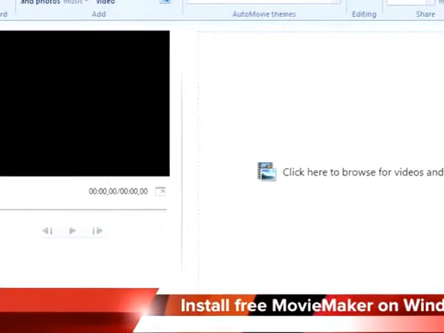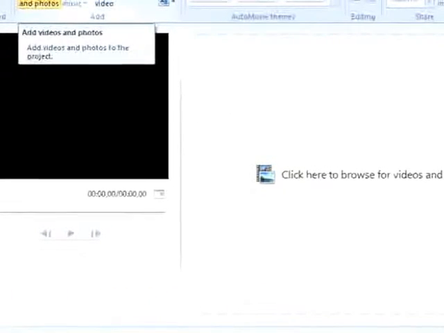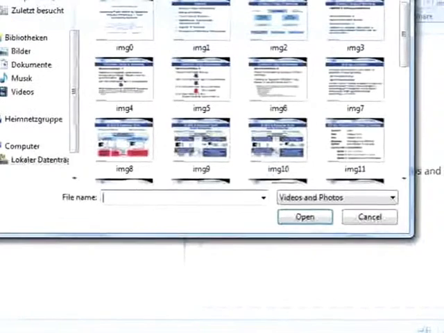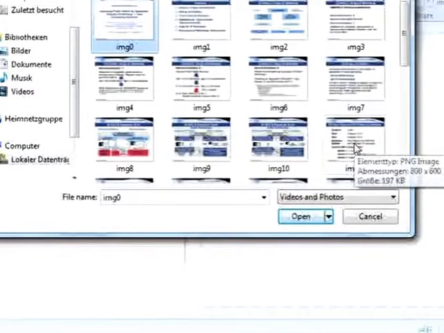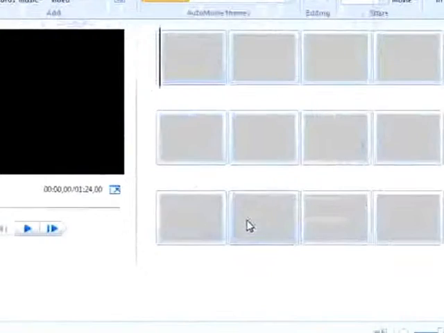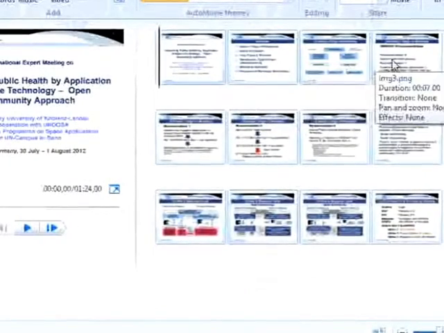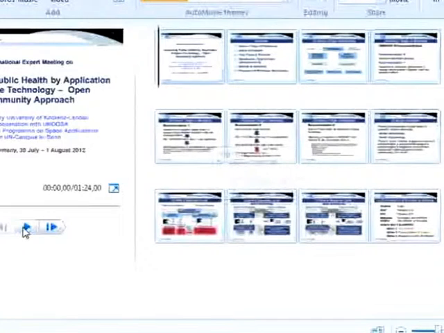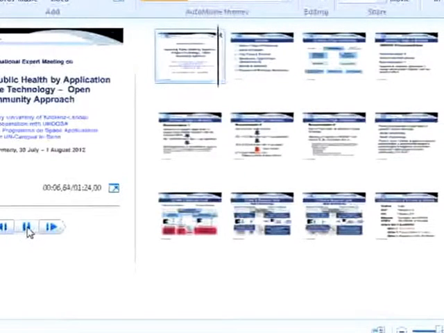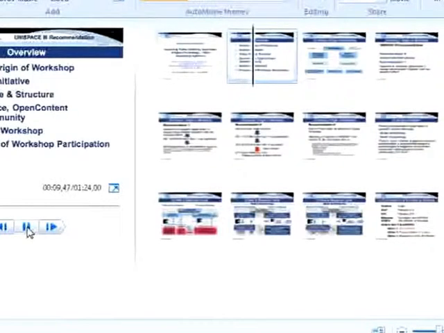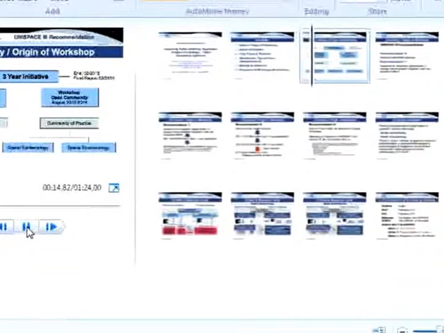So now we have started the Movie Maker on the Windows system, and the first thing we do is import the images which were exported by LibreOffice before. The images are numbered image 0, image 1, image 2 and so on, and the audio slides are imported as well later. When we play back the video, we have 7 seconds per slide without any changes. It's a default setting for the importing of images. We have to adjust that later